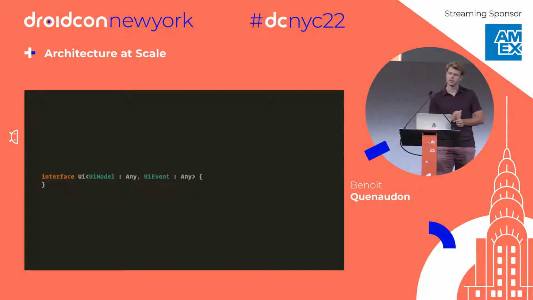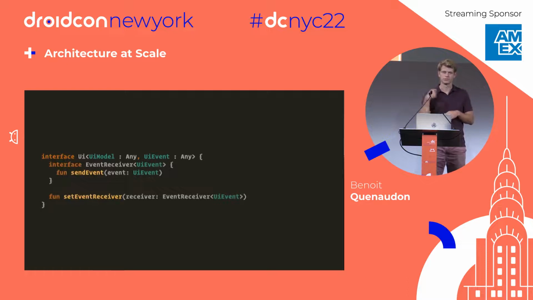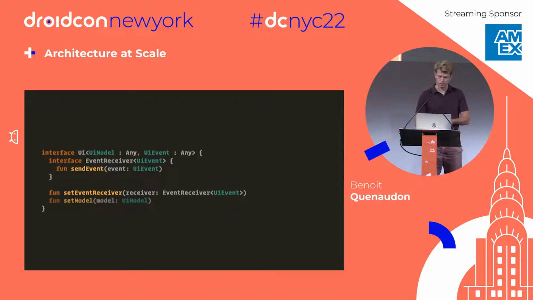So we defined the event receiver API, which is just a way for the UI to register the callback where it should just kick events. Even though it could be modeled as a stream, we are not using it because we don't feel the need to do so, and so that's a dependency that we can just not depend on. And then you just have a UI model, render it. That's all we need. That's all we want for our UI.